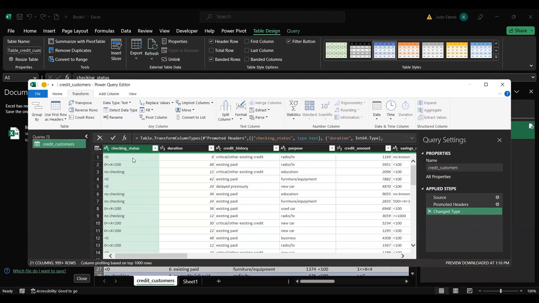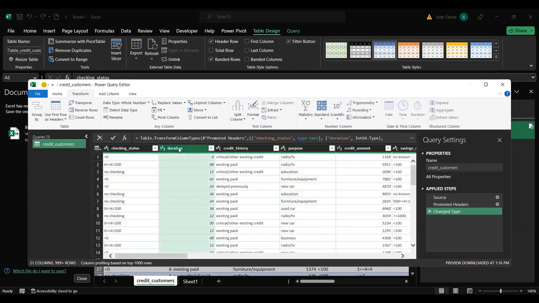So, data cleaning is either we're removing data, we're adding something to it, or we are trying to format it. In the event where I have a column and I've realized that the column is not actually in the right data type, let's say, I have duration. If you look at duration, you see that it is 1, 2, 3. That means it is numeric. But assuming it was not numeric and I want to change it to numeric, that is where we'll bring in